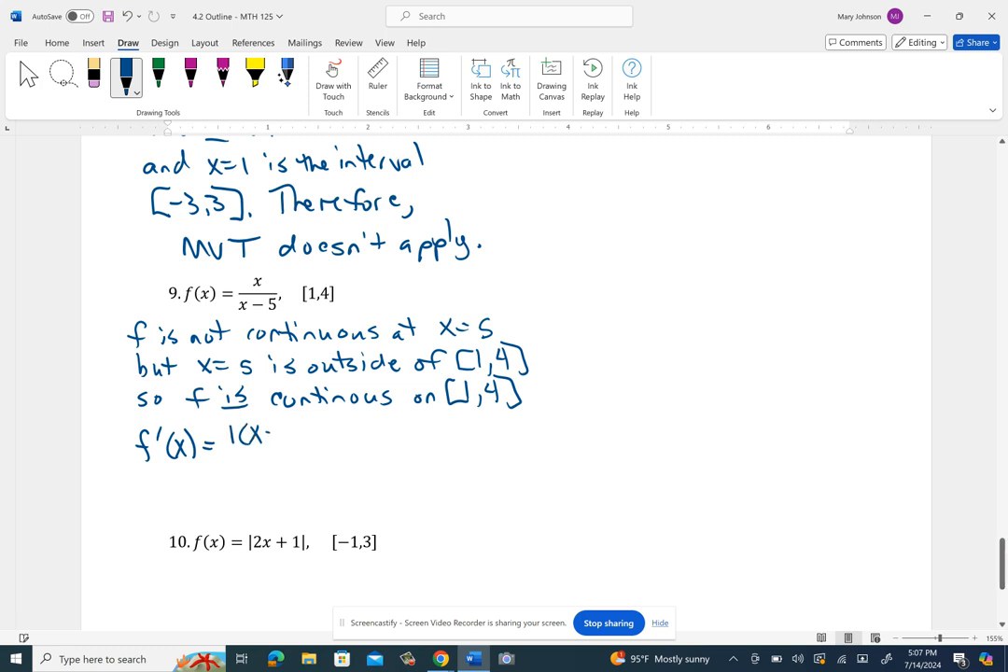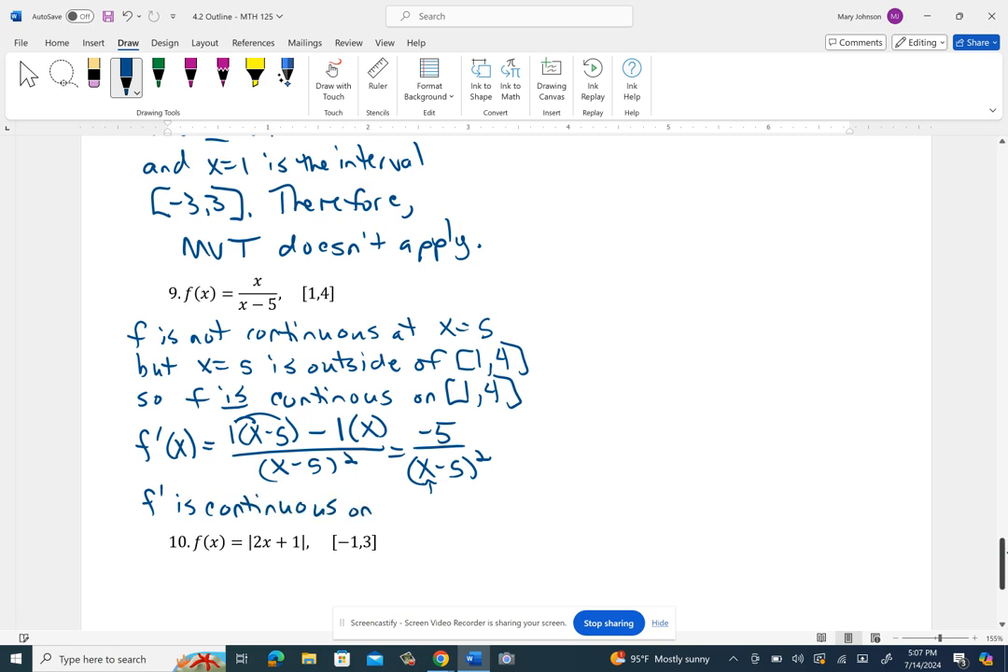So I'm going to do 1 times x minus 5 minus the derivative of the bottom, which is also 1, times the top as is, over x minus 5 squared. So this will be x minus 5 minus x. So I'm going to get a negative 5 on top with x minus 5 squared on the bottom. So again, it's not differentiable when x is 5, but that's outside the interval. So f prime is continuous on the open interval from 1 to 4. Okay. All right, so now we're going to take this and set it equal to what we get